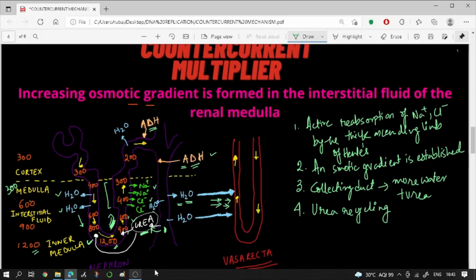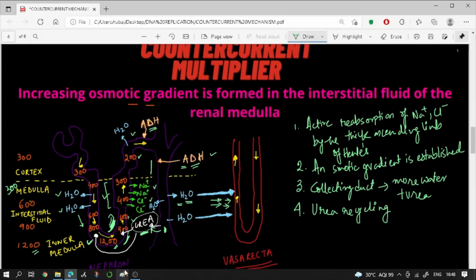and also into the thin part of the ascending limb over here. But we have to remember one thing. The thick ascending limb, the distal convoluted tubule and the cortical portion of the collecting duct are impermeable to urea. So the thick part of the ascending limb, the distal convoluted tubule, that means this part, and the cortical portion of the collecting duct, they are all impermeable to urea.